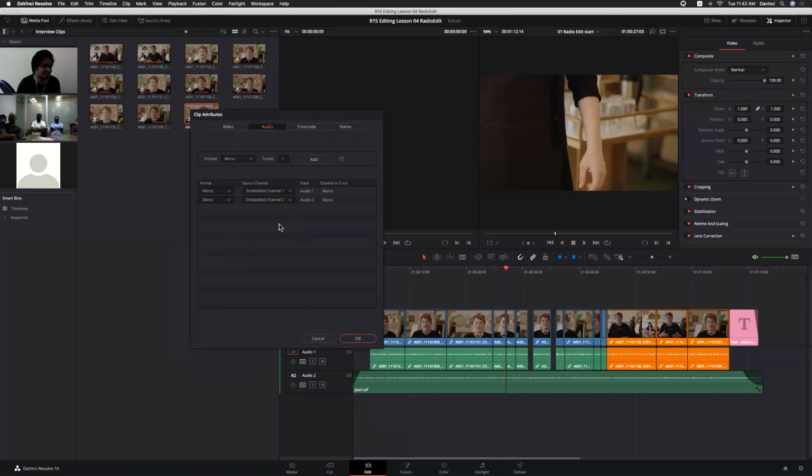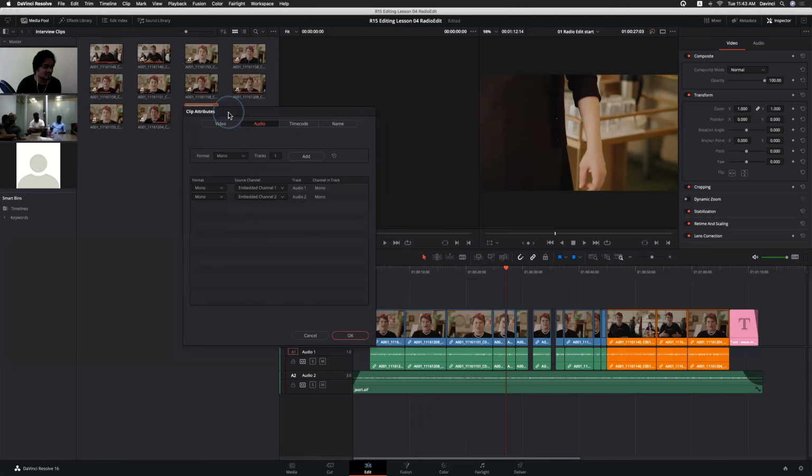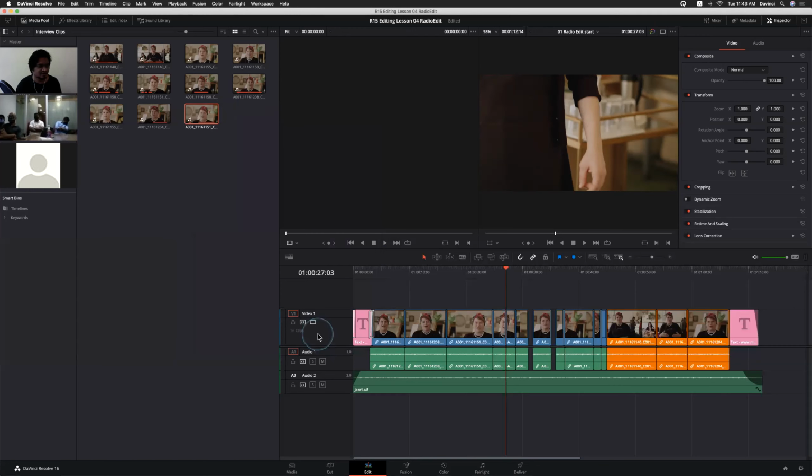It will automatically distribute the channels to left and right. If you have a problem with any of the audio, you can set it in attributes. Most of us are using copying the track and panning it to the left and right, right? We can do the same thing here also.